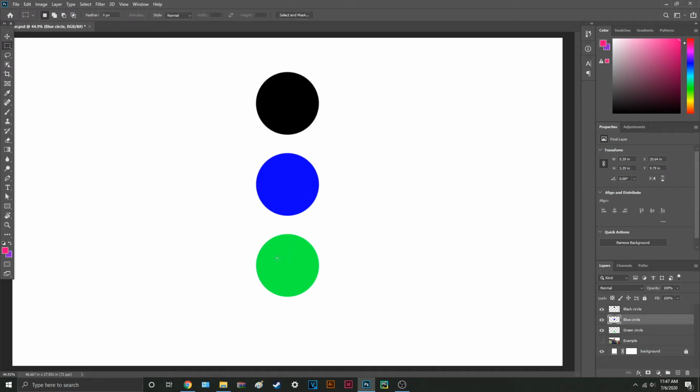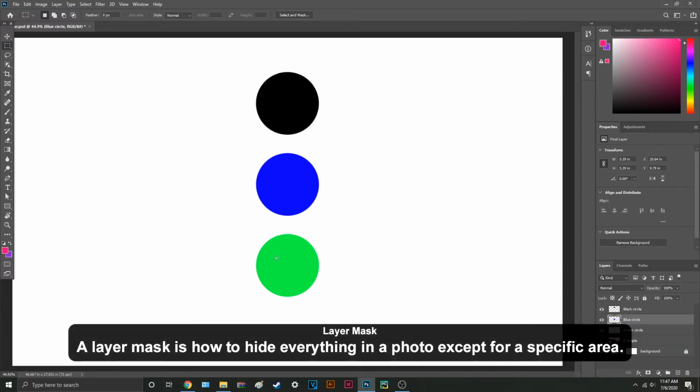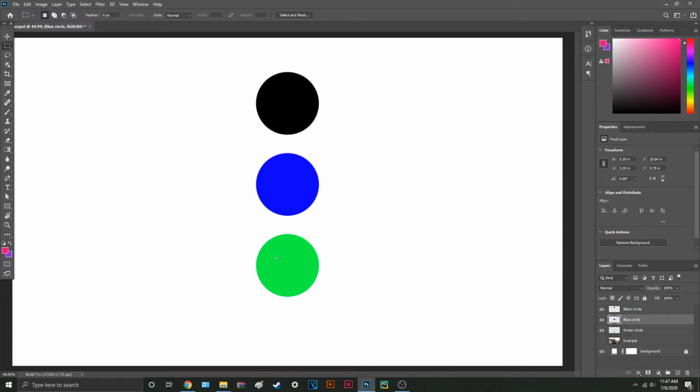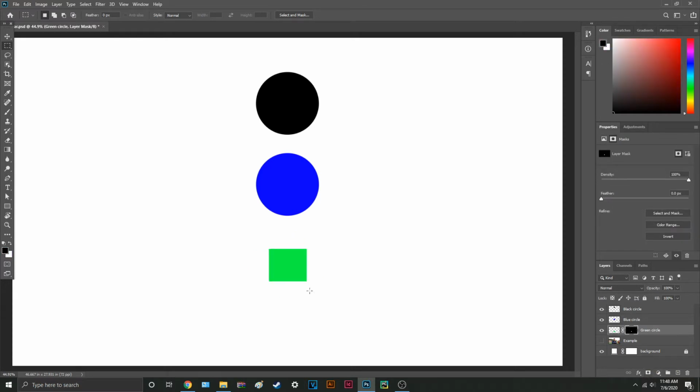And lastly, you can make a layer mask from your selection. I'll elaborate in a separate video, but as a quick summary, a layer mask is how to hide everything in a photo except for a specific area. If I choose a layer, make a selection, and then click on Add Layer Mask here, you'll notice that everything I had selected will still be visible, and everything outside my selection